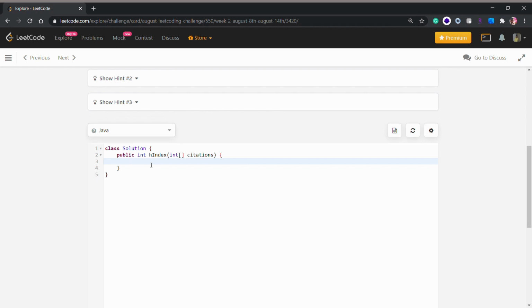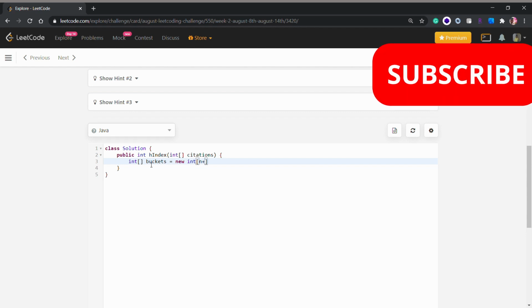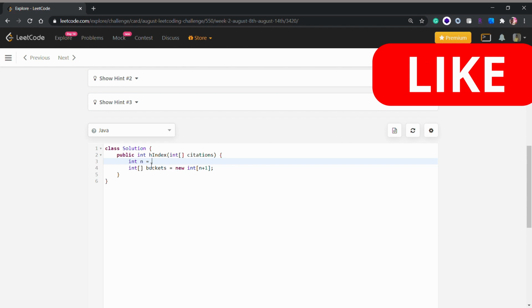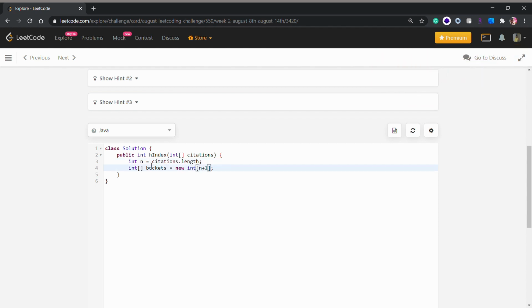So, first of all, what we are going to do, we are going to create an integer array. int[] buckets = new int[n + 1], and I know we don't have a variable n. We will just create it. int n = citations.length, and now for int element in citations,